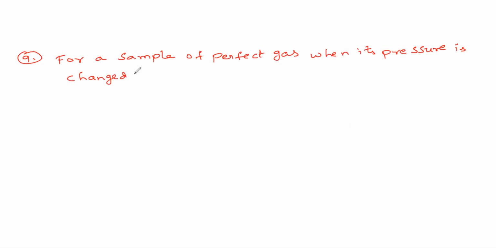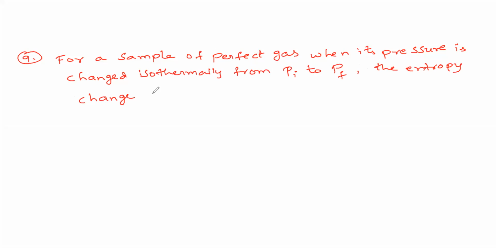For a sample of perfect gas, when its pressure is changed isothermally from P initial to P final, the entropy change is given by